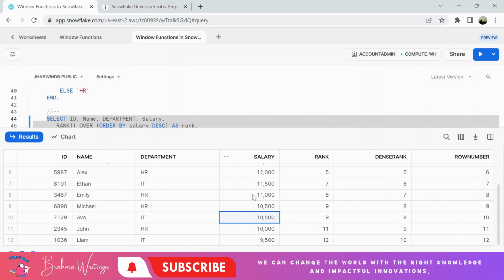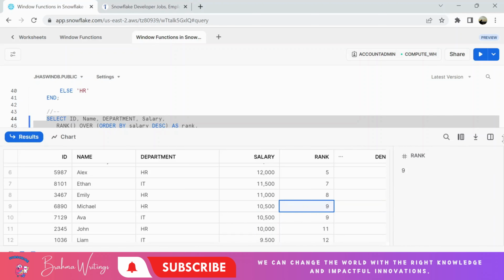I cannot say duplicates, but there are two employees having similar salary, that is 10,500. Using rank, it gave us the same rank for both. It should give 10 for the next record, but it is giving 11. So whenever you use the rank function, it will skip the sequence